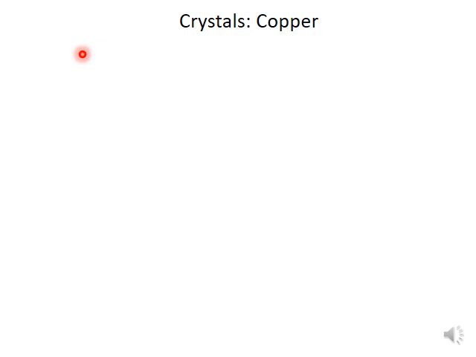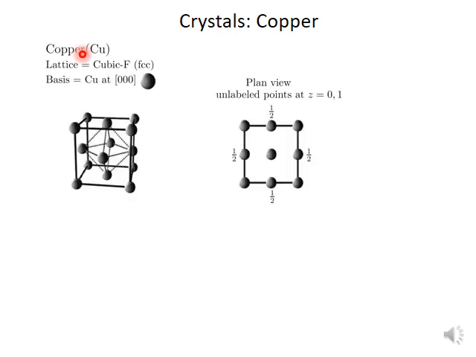Most of these metals do have dense packing, and as we would see in one of the later modules, dense packing results in mainly two kinds of crystalline structure. One is face-centered cubic, and another is the hexagonal lattice structure. In the case of copper, it is a face-centered cubic lattice, and the basis is a copper atom at 0, 0, 0. This is the conventional unit cell of an FCC crystal,